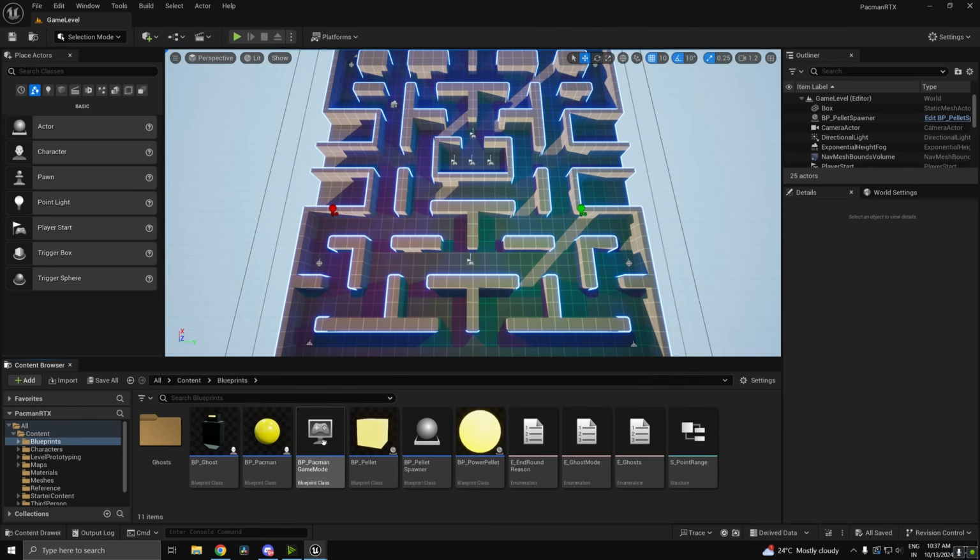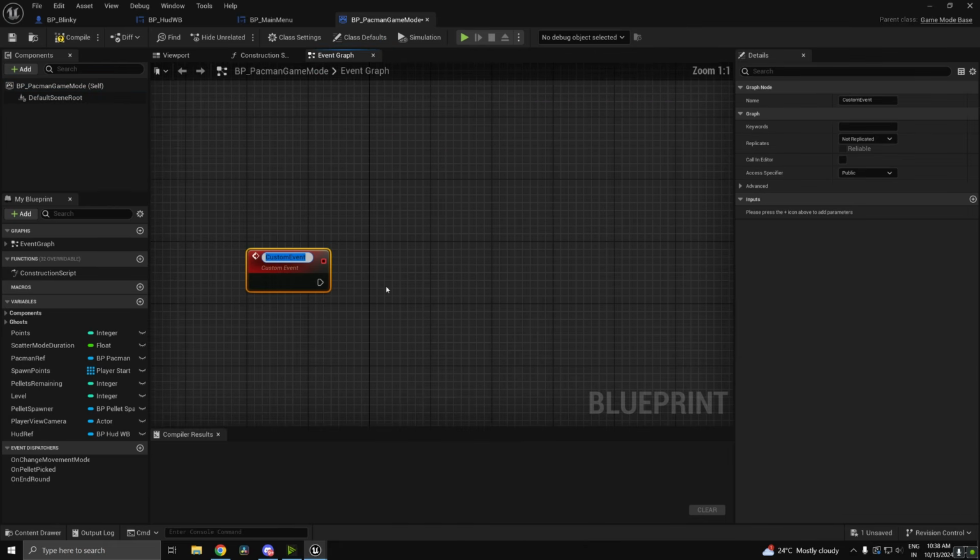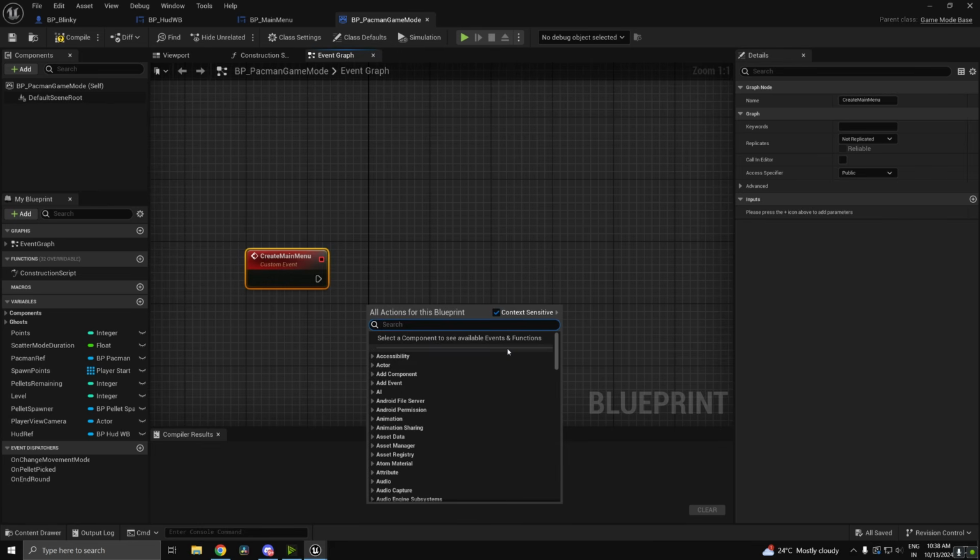So in blueprints, head into your Pacman game mode. We'll create a custom event and we can say create main menu, so we can reuse this once again when required. Just to ensure, we'll remove all widgets,